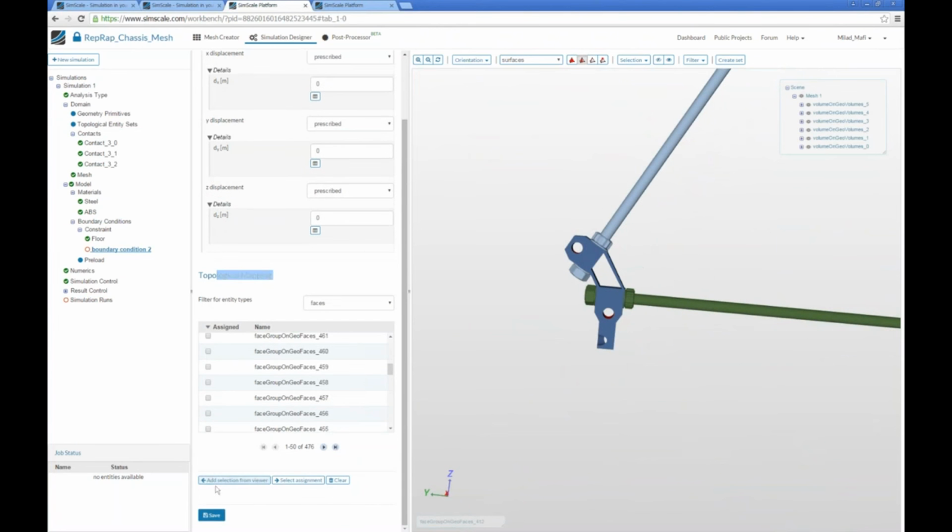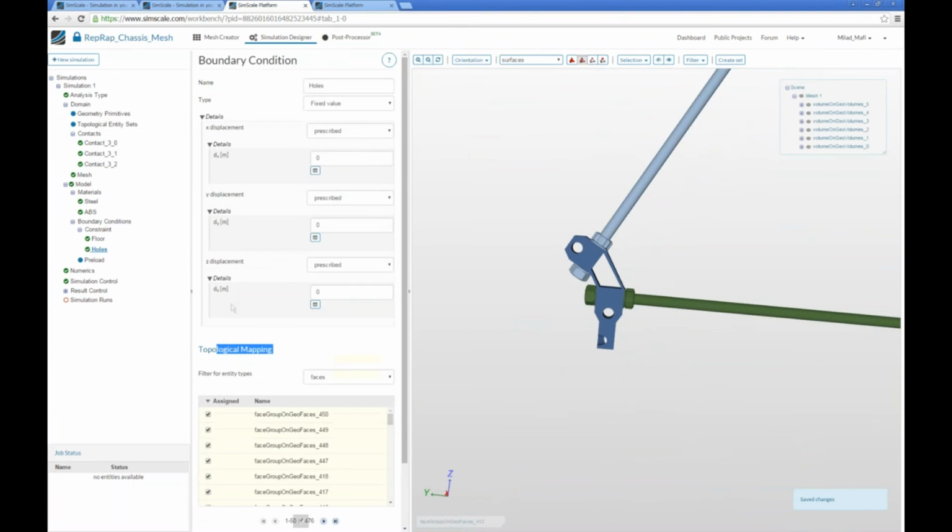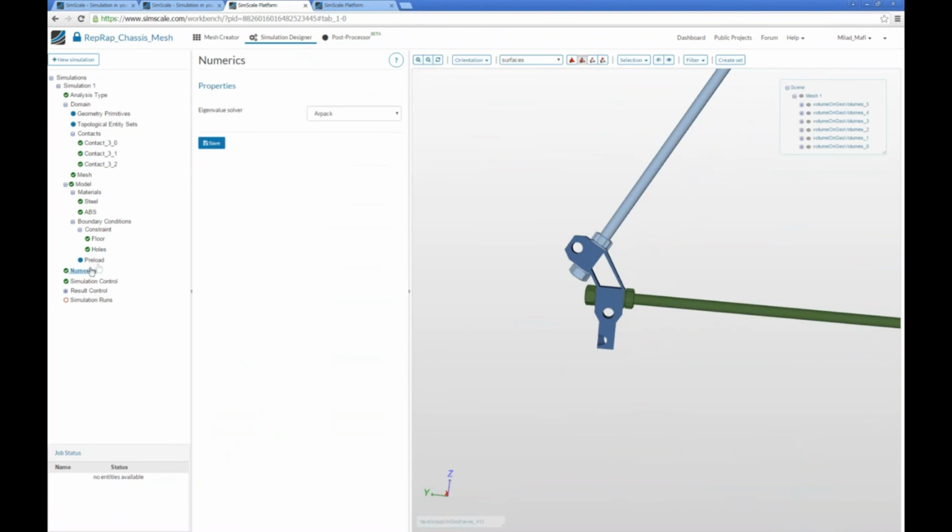Okay, here we go. Great. And this is done. So now finally, we don't have to change any numerics, we don't have any preload,